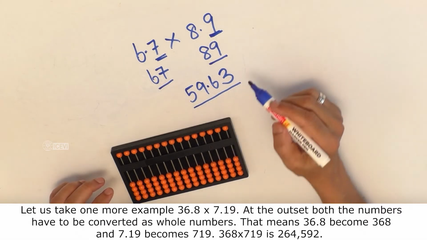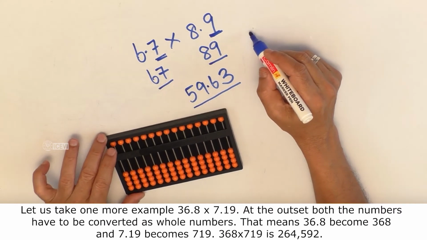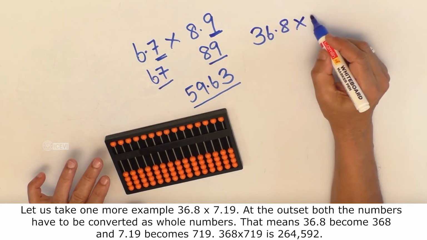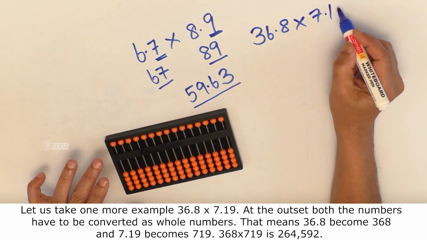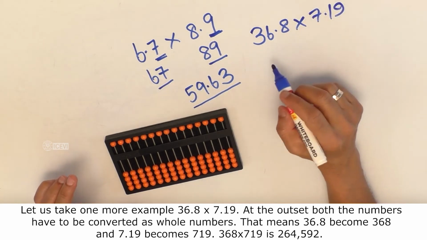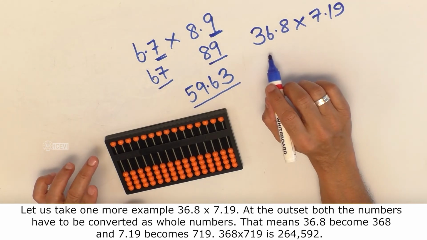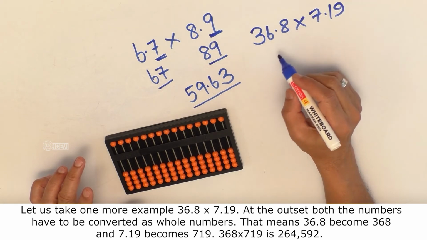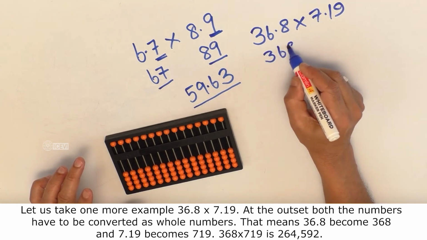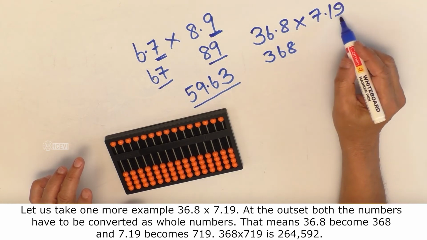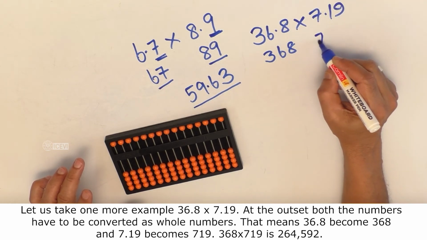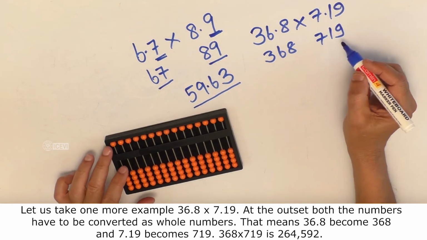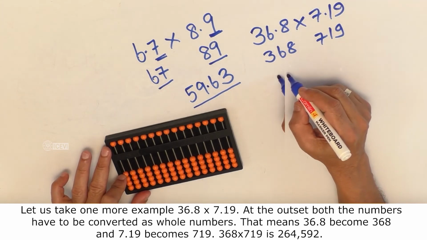Let us take one more example, 36.8 multiplied by 7.19. At the outset, both the numbers have to be converted as whole numbers. That means 36.8 becomes 368 and 7.19 becomes 719. 368 multiplied by 719 is